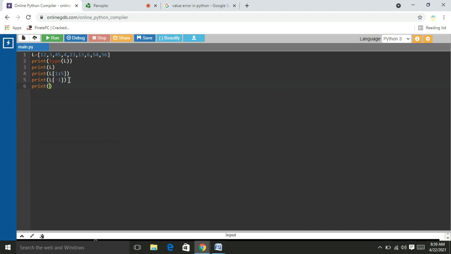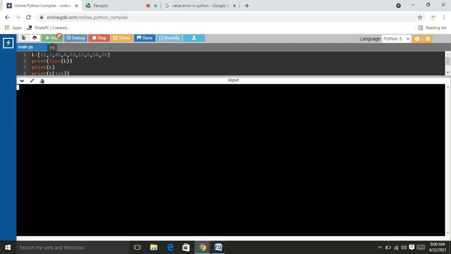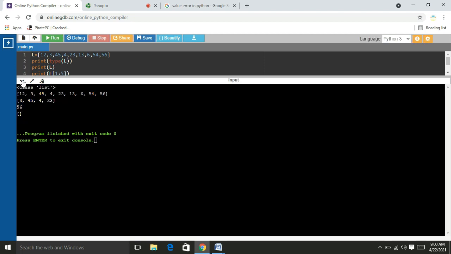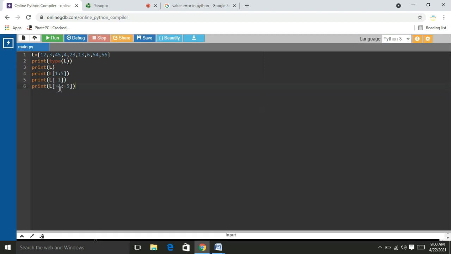Okay, friends, right? Now I am going to use the index values from last to first. Print L of minus 1 colon minus 5, right? So this printed the empty list. Why? Because the starting index value is greater than the ending index value.